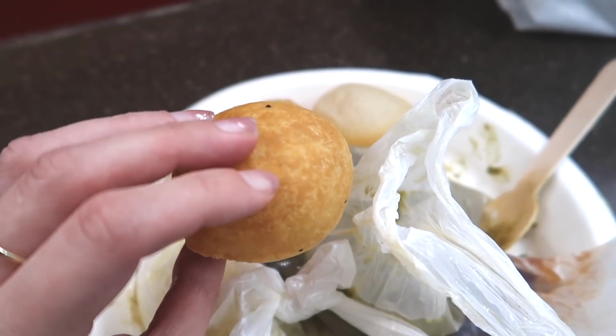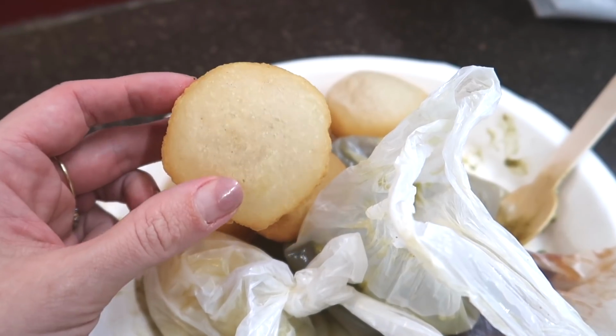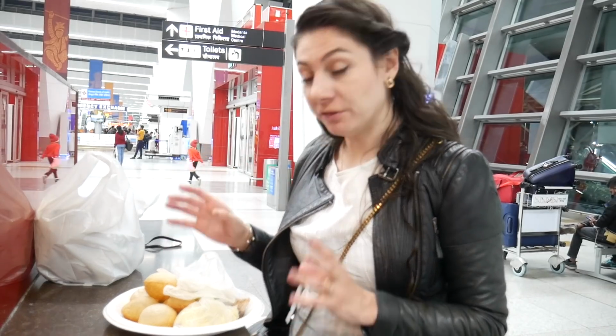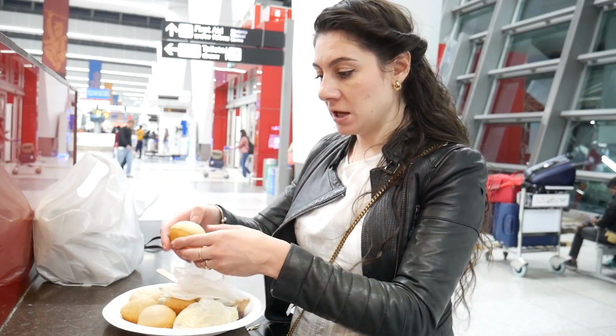Can't believe I missed this all these years. Coming to Delhi, this is so yummy. If you thought I was done with the snacks, nope, that's not it, because I actually also got golgappe. Golgappe are hollow golf balls, I guess, made from wheat flour. They're very, very crunchy. And what you do with golgappes is actually you